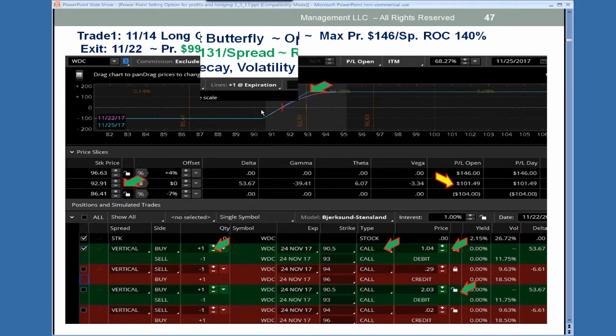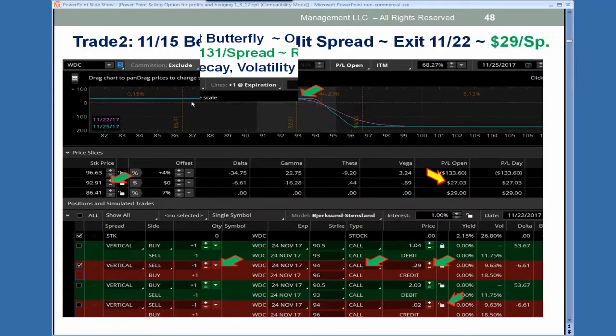So here's your original call debit spread, and then the next day it collapsed, so I sold a bear call credit spread against it. So here you can see that 104 debit spread actually on the 22nd was going out at 203. So this actually made $99 on that part of the trade, okay? But the trades put together as a condor actually made more, as you'll see how this works. So 1 day later, on the 15th, it fell down, so we hedged it by selling this bear call credit spread,